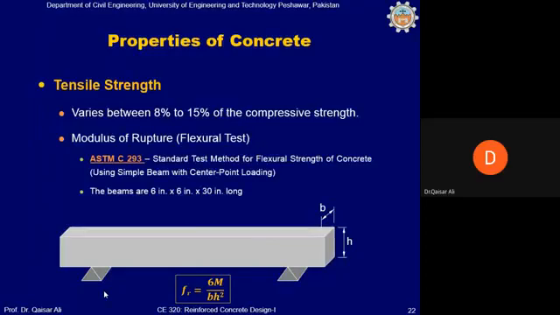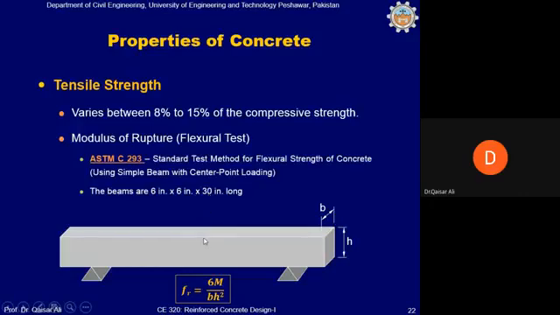Okay, this is Fr is equal to 6M divided by BH square. M is the bending moment at the center point, because if there is a point load on the center, the maximum bending moment will occur also at this location. So maximum bending moment can be calculated, because when you test the sample, and mind that this is made of plain concrete, not reinforced concrete, only concrete without reinforcing bar, you can determine the load P, and from the load P you can calculate bending moment, because in a simply supported